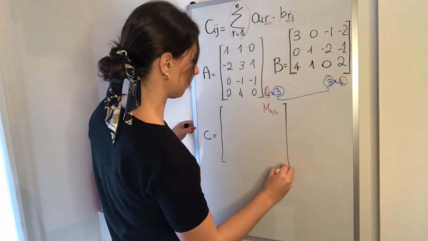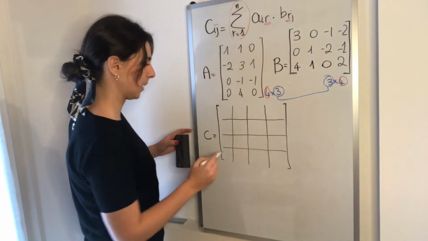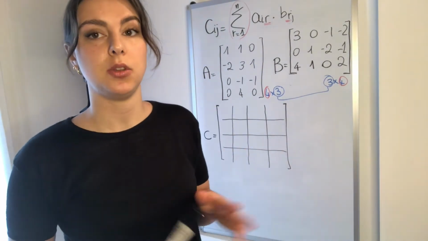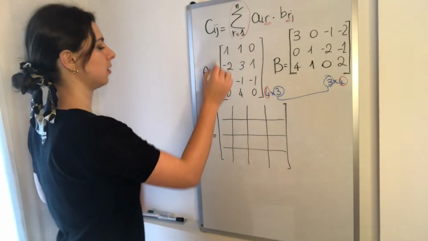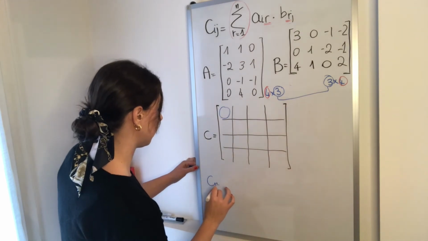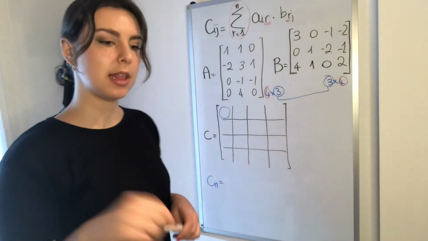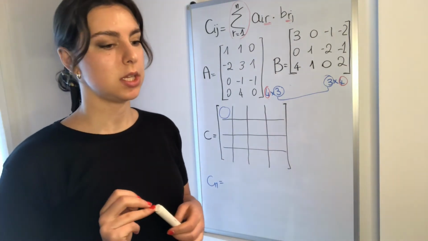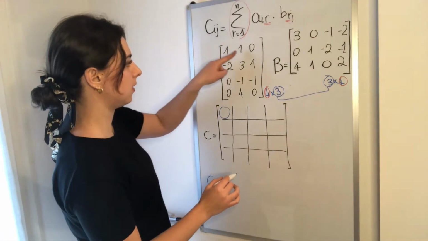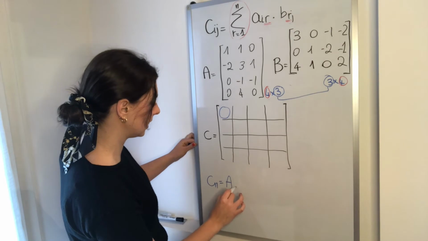And goodbye. A bit better. I'm only going to write the first entry using the formula. This right here, C11 is equal to, okay, let's also use this notation that we mentioned earlier. We will use the first row and the first column, right? So we can also write,